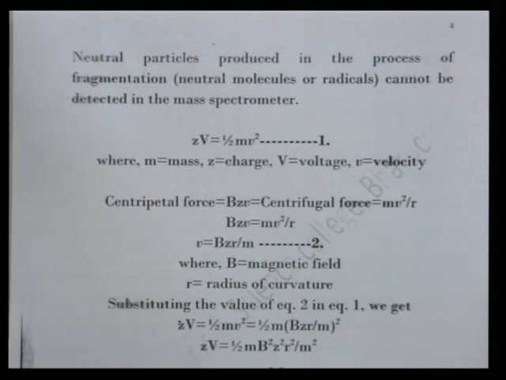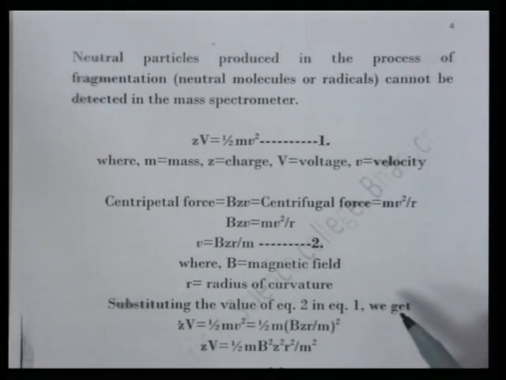Now, centripetal force BZv equals centrifugal force mv square upon r. All fragments produced travel through the analyzer tube, which is circular in path. So centripetal force equals centrifugal force. Therefore, BZv equals mv square upon r. Therefore, small v equals BZr upon m. This is equation number 2, where B is the magnetic field, r is the radius of curvature, and now